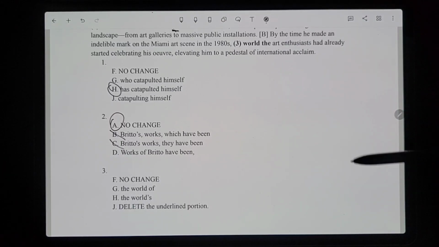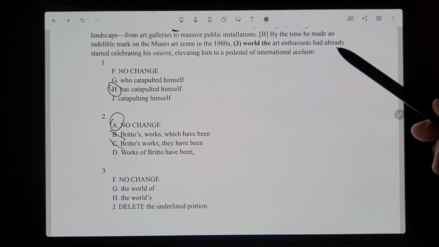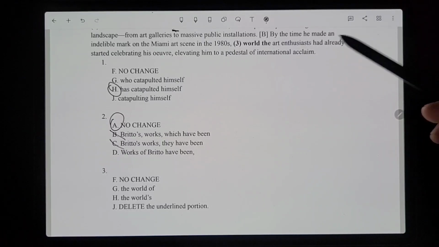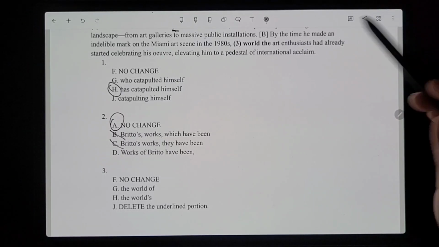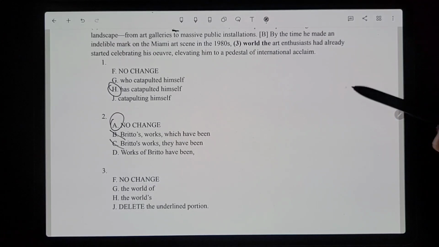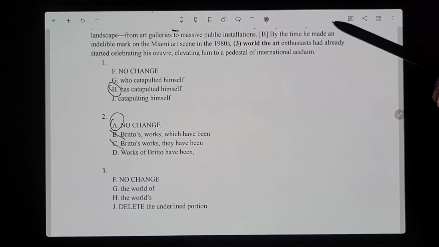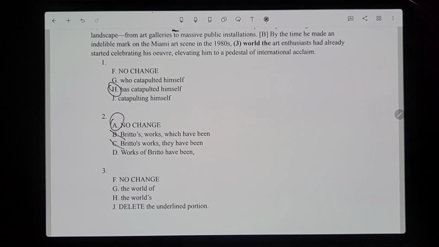So by the time he made an indelible mark on the Miami art scene in the 1980s, the art enthusiast, that doesn't even make sense. It would make sense to say the art enthusiast had already started celebrating his work of art. I forget what it translates to exactly in French, and I'm not going to attempt to butcher the pronunciation of that.